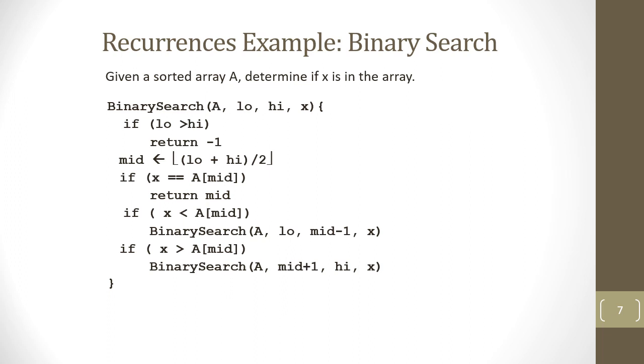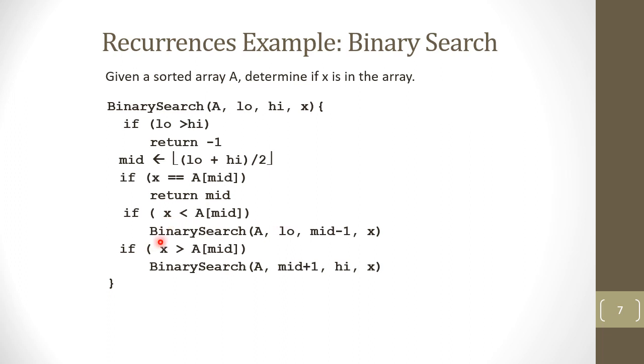So the array will be divided into 2. Now, after getting the mid value, we will see what actual value is in the middle index of the array. And if that is the same as x, then we will return the mid value as we have found the value. Otherwise, if the value x is less than the middle value, we will call binary search to the left,